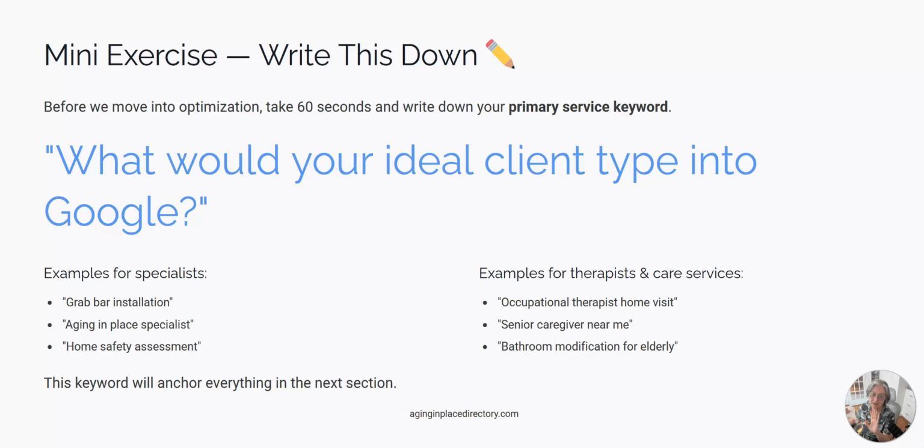Which is actually going into the optimization of your Google business profile, which means you're going to make it as internet friendly as possible so that people can find you. So think about, what would your ideal client type into Google? Are they looking for a grab bar specialist? Probably not. They'll probably type in someone who can install grab bars, or someone who can help, I need a ramp for my front yard,